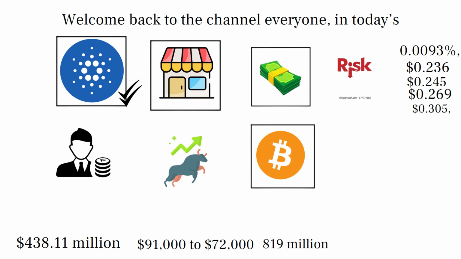So for ADA to deliver strong returns from current levels, it would require both a recovery in Bitcoin and strong Cardano-specific catalysts happening at the same time. And this dual dependency reduces the probability of a quick recovery, because both conditions need to align perfectly, which historically does not happen very often or on a predictable timeline.